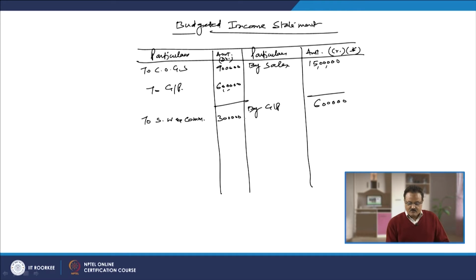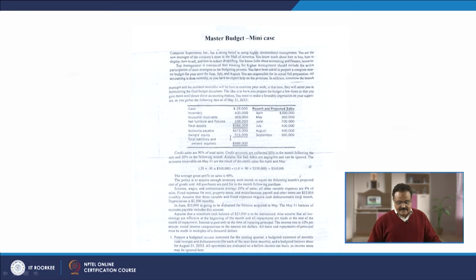Then the other variable overheads, how much are they? Total it up for the 3 months, and this works out as 60,000. This amount works out as 60,000, other variable overheads or other variable expenses. One more thing was given to us in the case, that is the depreciation amount, and